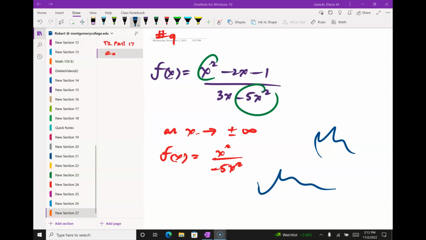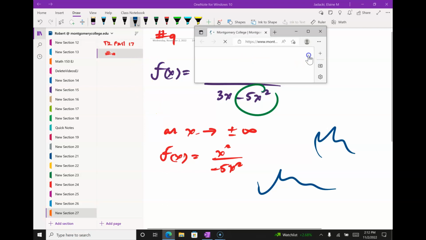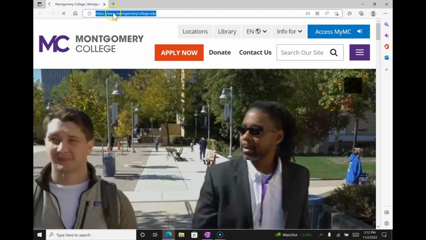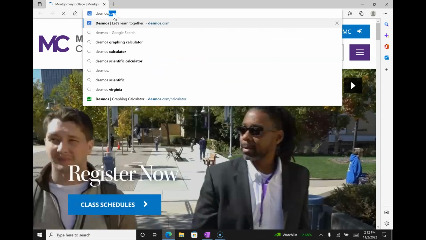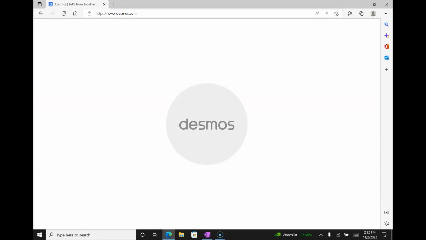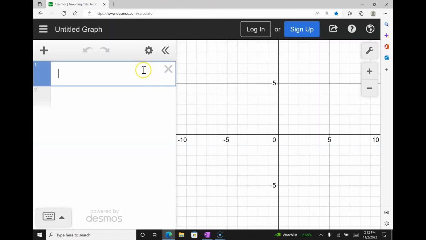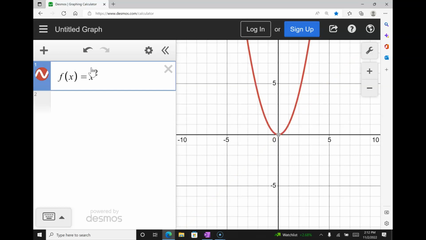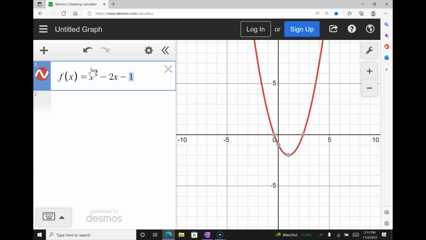So, let's take a look at this on Desmos. And if you've got Desmos open, you should be doing the same thing. So my function f of x equals x squared minus 2x minus 1, all divided by